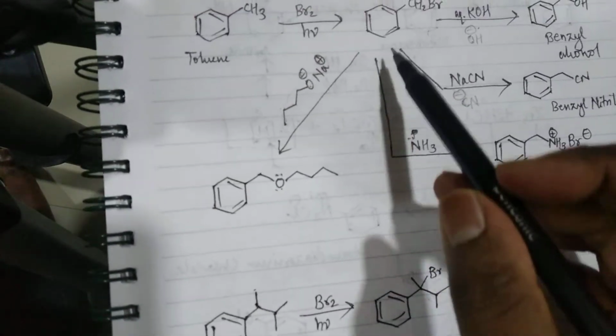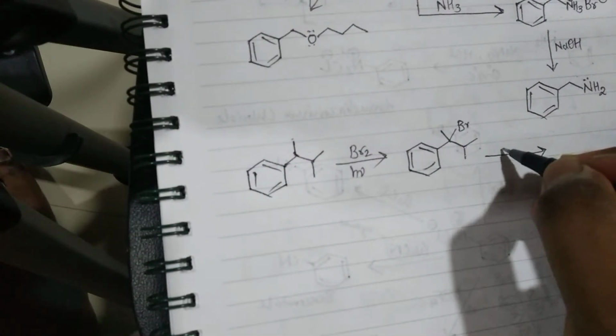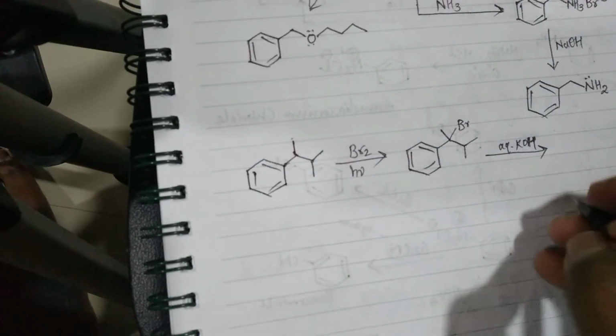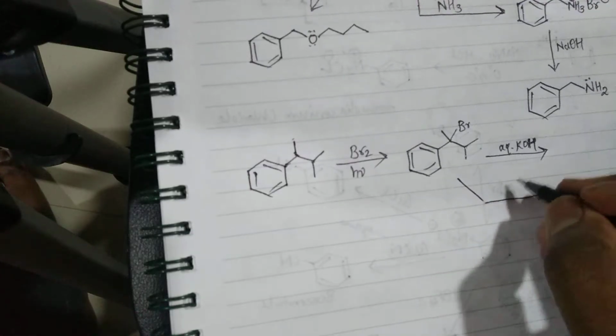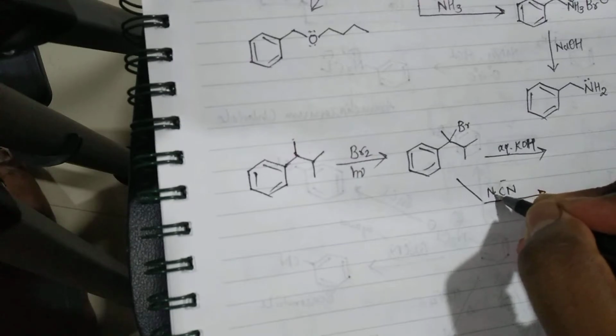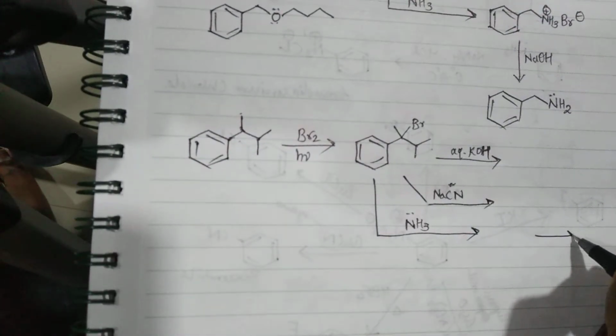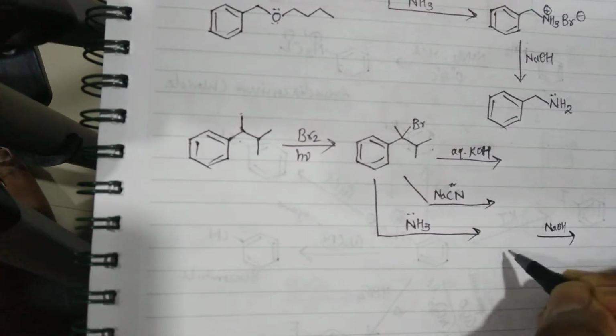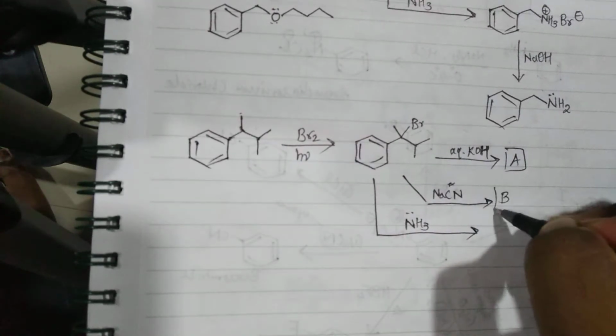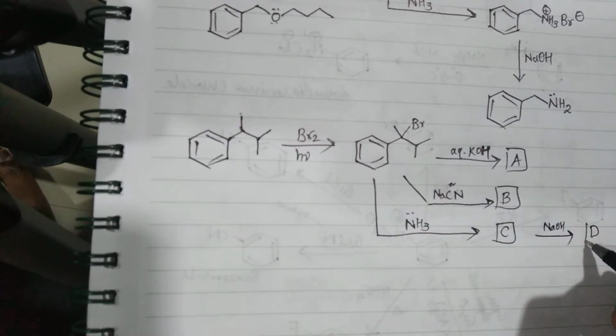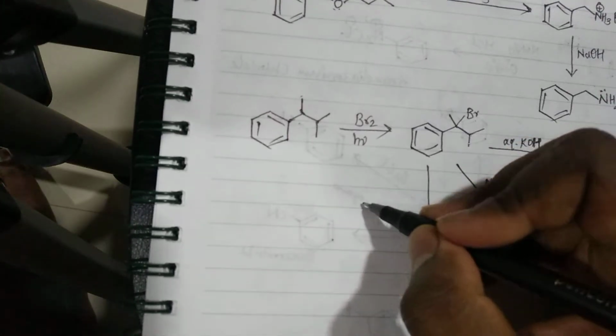Okay, so all the nucleophilic reactions which were there, all those nucleophilic reactions are possible here. So I will just write the reagents and keep. Maybe you can take a screenshot of this map once I finish. You can complete them by yourself and maybe post those answers in the comment section. NH3 will give you one compound here, and from here you'll have to add a base. So you'll have to identify A, B, C, and D. Okay, and the last one,